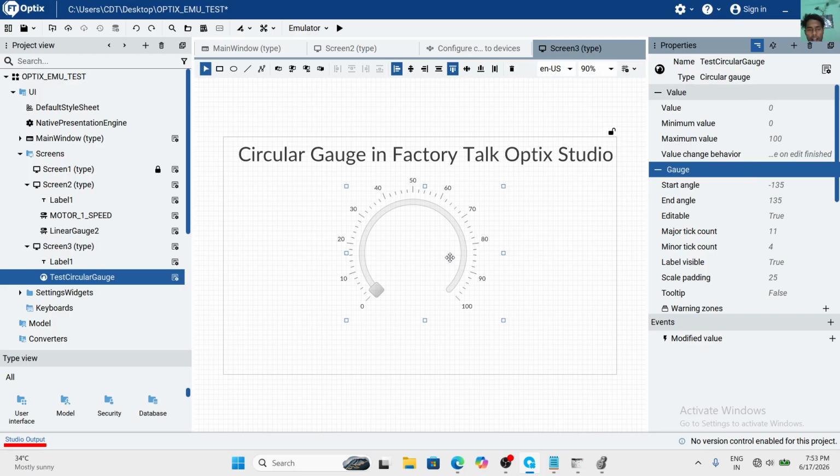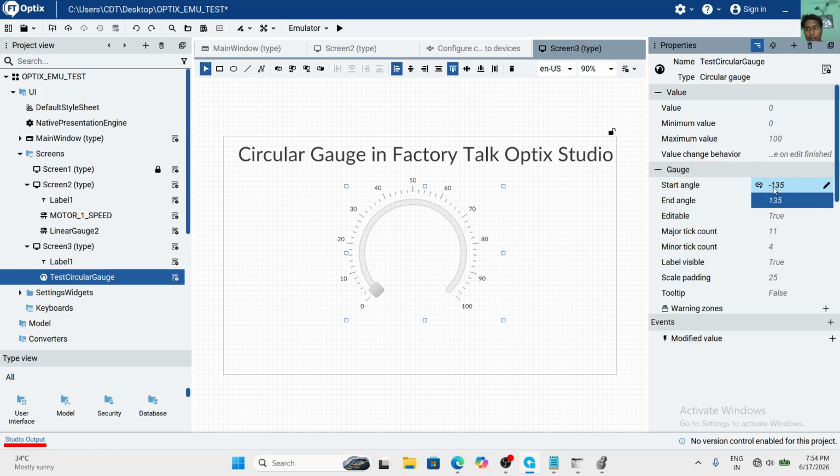The start angle is minus 135 degrees. When you set 0, it goes to this type, from 0 to 100. When you set minus 135, it goes from 0 to minus. From 0, this is the minus 135 degree angle, and when you set 0 it goes back from 0 to 100, this type of circular gauge.